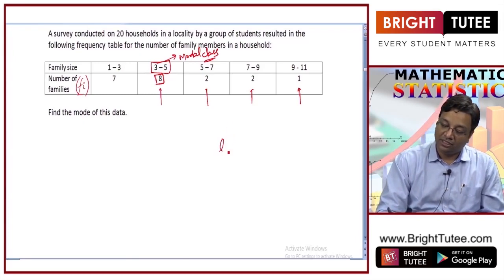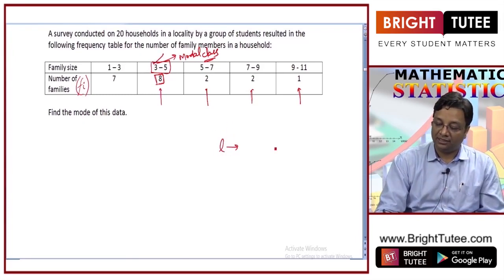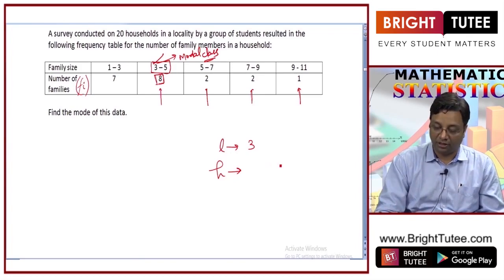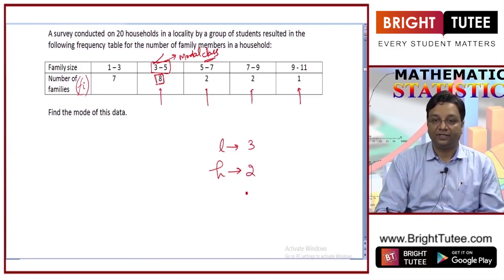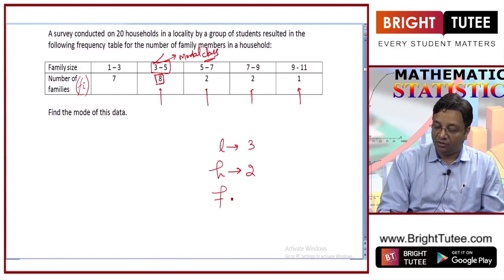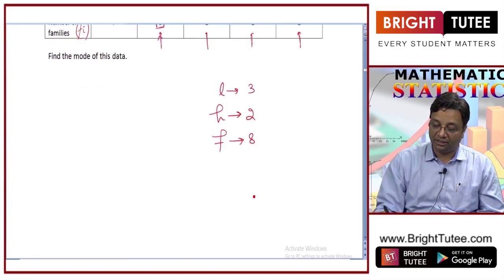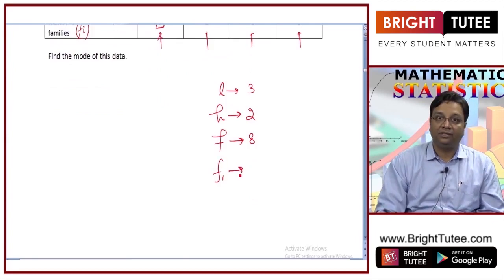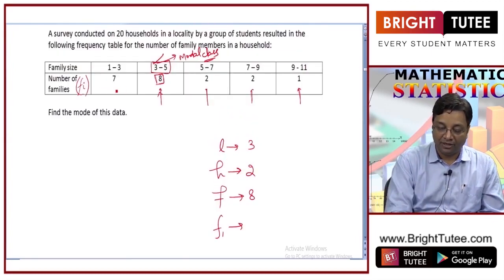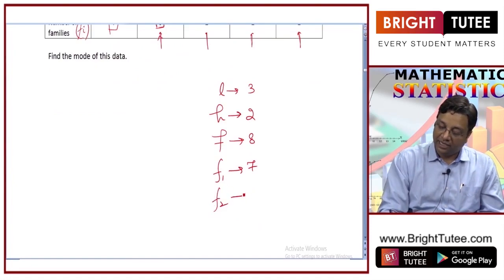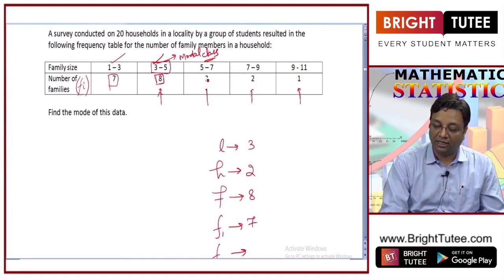So what is L? L is the lower limit of the modal class, so it will be 3, right? What is H? H is the class size, so upper limit minus the lower limit, that is 2, right? And what is the frequency of the modal class? It is obviously 8, which is the maximum frequency in this case. What is F1? Frequency of the class preceding the modal class. So this class is preceding the modal class, so F1 will be 7, and the frequency F2 of the class succeeding the modal class is 2,